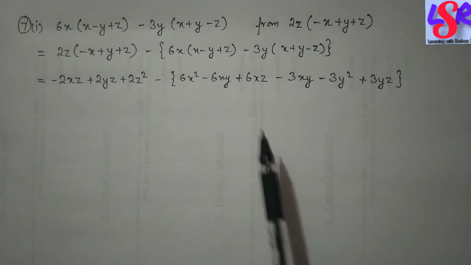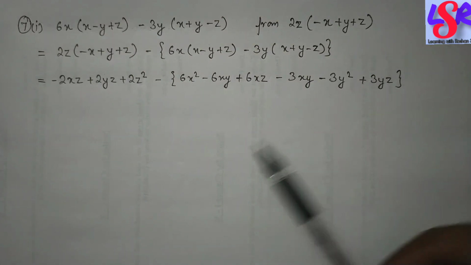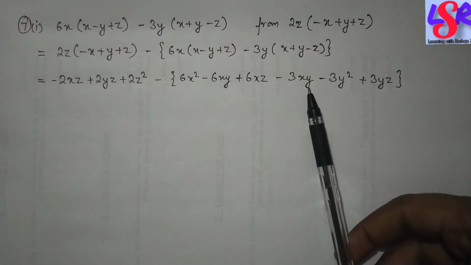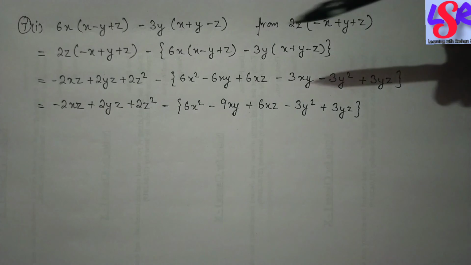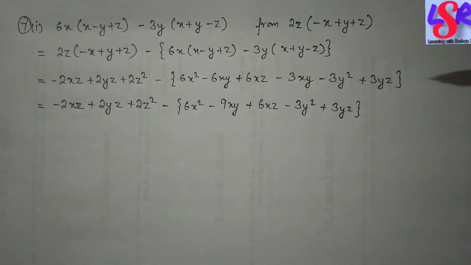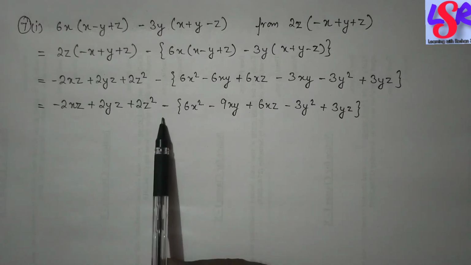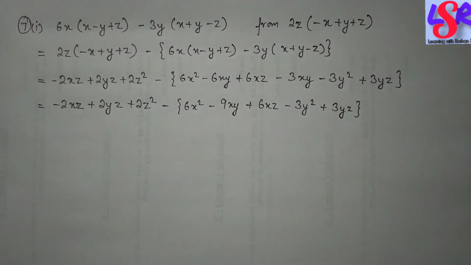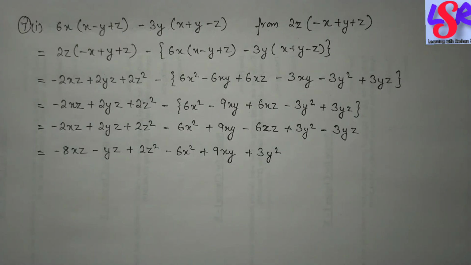Now we are going to solve all the like terms in this bracket, and we can see that xy and xy over here, and we are going to solve it, and here we got the simplified expression of this all. After that we are going to open the bracket, and as we are having a minus sign over here, we are going to change all the signs in the bracket, and here we get after changing the signs. Then again we will go for the like terms and solve them, and here we get the final answer.